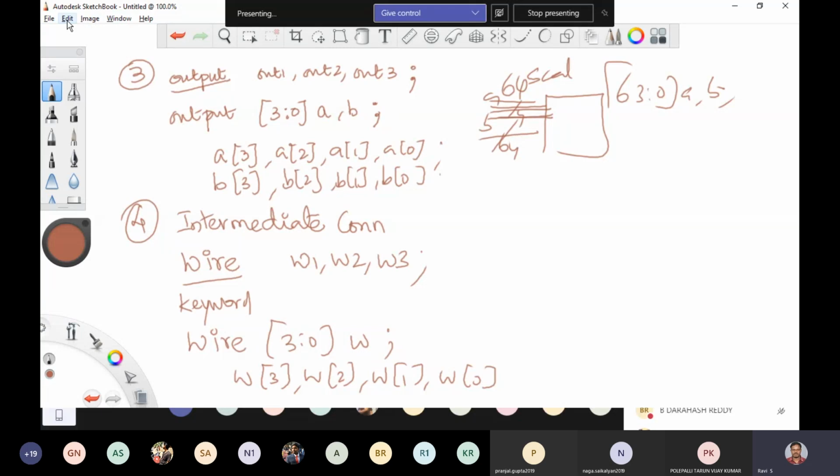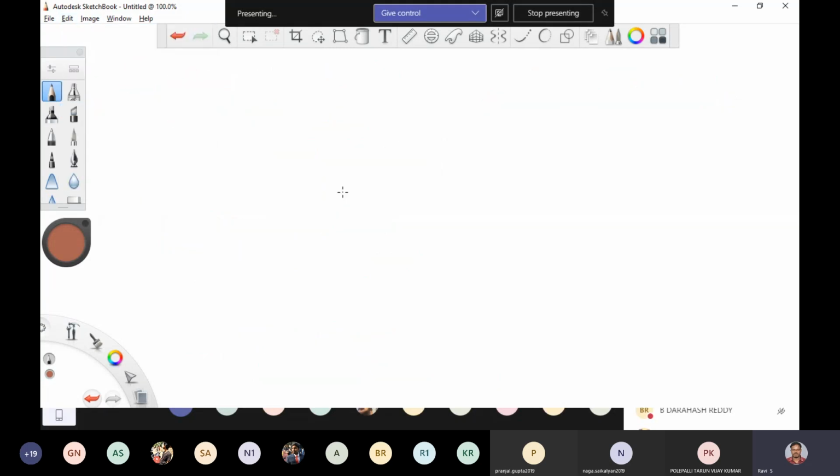So now I'm going to the next page. The fifth line of your Verilog HDL is the function. Based upon the complexity of the hardware, the function is the fifth portion of your Verilog HDL. If the logic is small, with only one logic gate, you can describe it with only a one-line function. If we have millions and billions of logic gates, it may go up to 1 lakh lines of Verilog HDL.